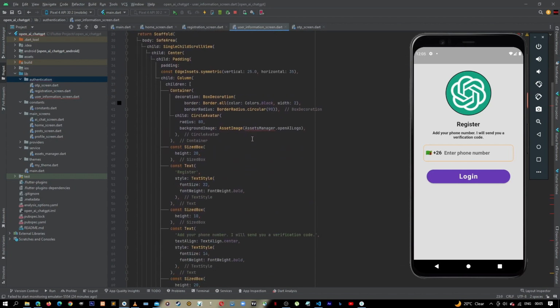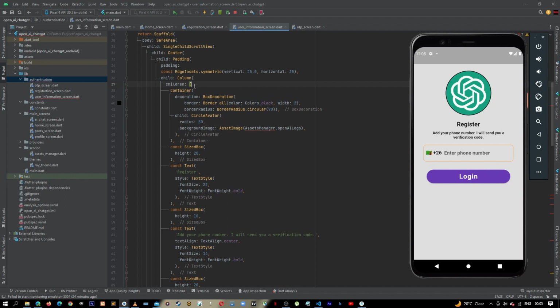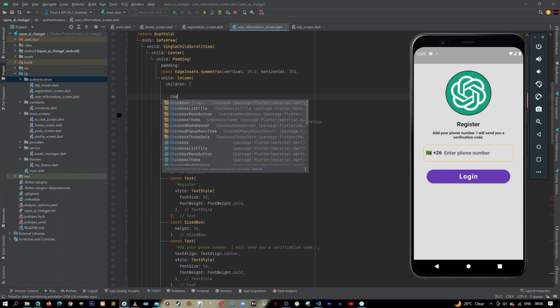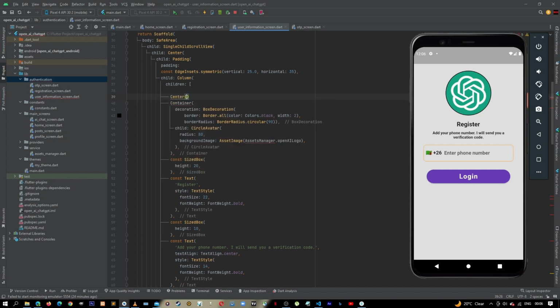Down here, instead of doing this, what we can do is add a stack widget here. First, let's have a center widget as a first child,